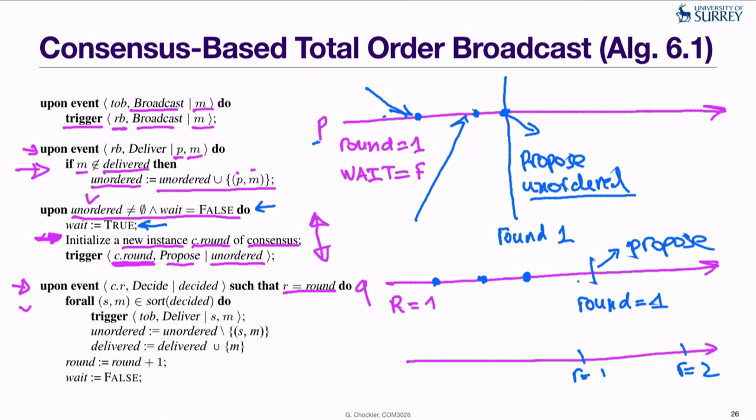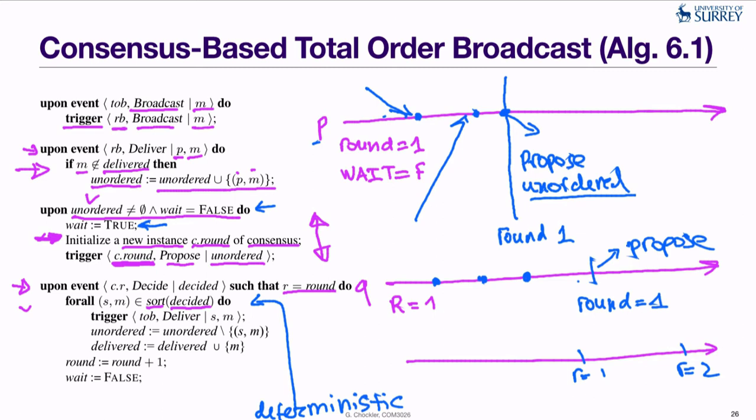So when we get a decision for our current round, we go over all the messages in this decided set of messages, and we also sort this set. We need to sort it in some deterministic order, so this order must be deterministic. So we sort these messages in a deterministic order, and then we go over this sorted set of messages,